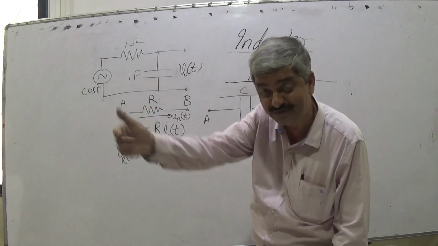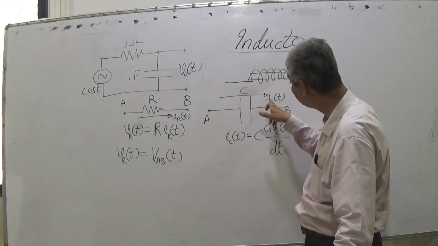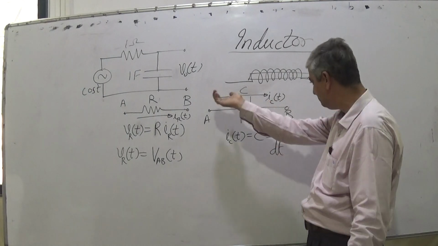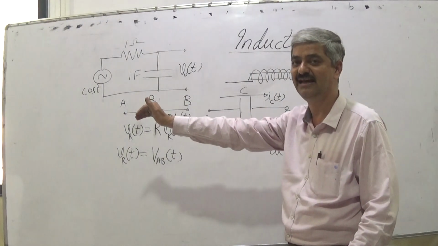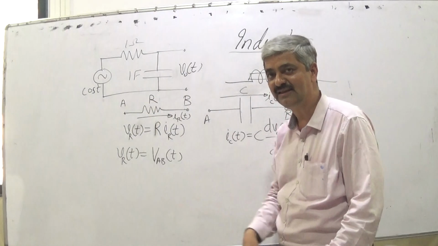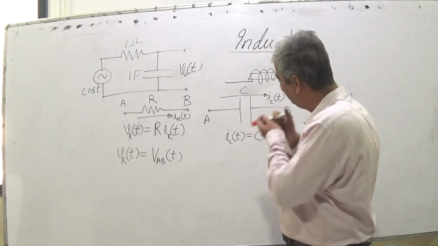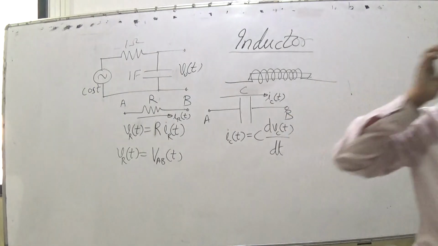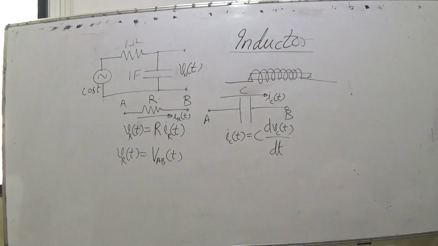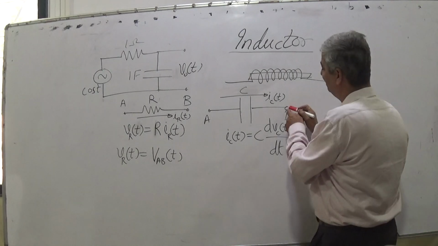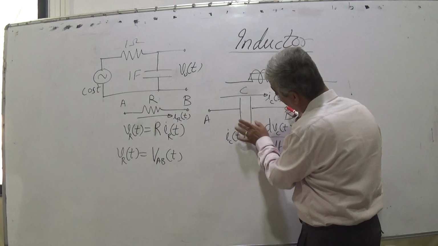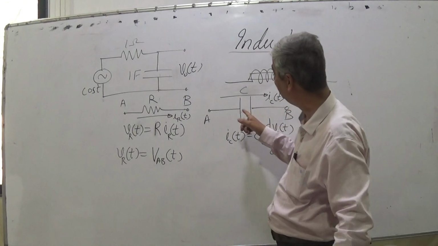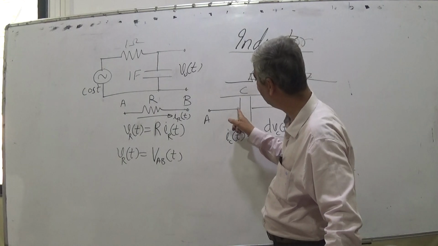The same electron. Whereas when I say the current through the capacitor I_C(t) is in this direction, the electrons should be in the reverse direction. Then what will happen if I inject the same red dye at the other end B? Whatever I inject here, these red electrons will travel and get accumulated here, and the other electrons will emerge from here and travel.